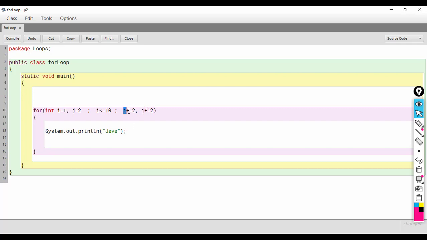So, I is also increasing by 2 and j is also increasing by 2. So, you might guess that I will have all the odd numbers and j will have all the even numbers.